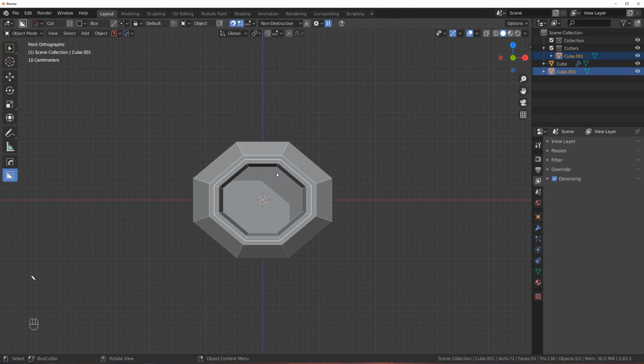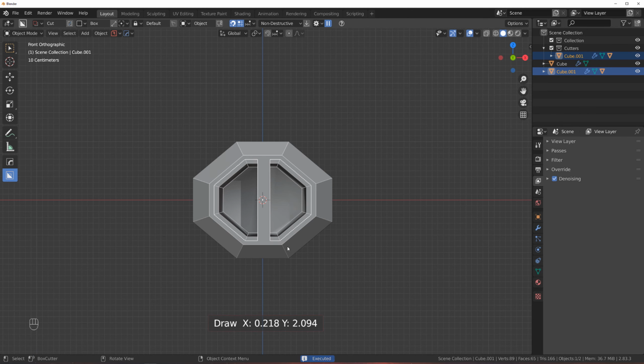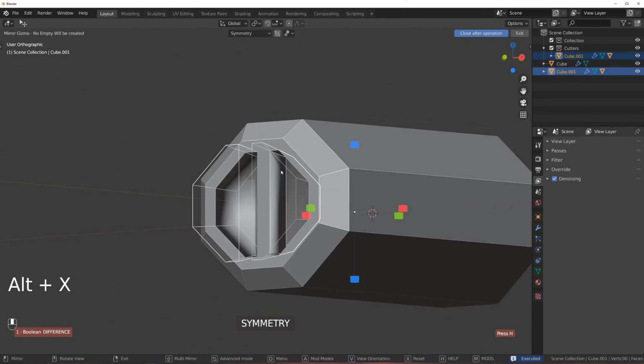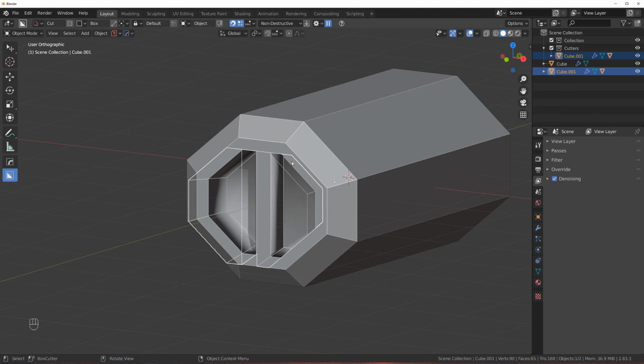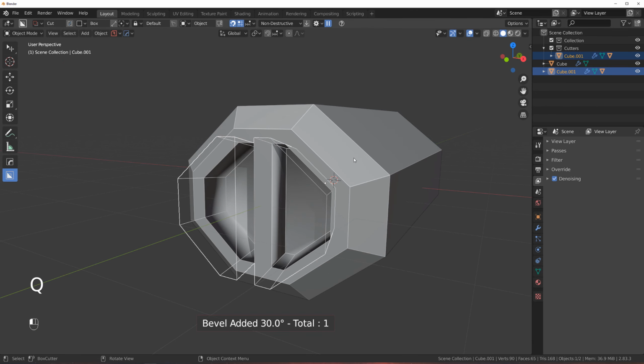And I want to cut it inside. Okay, so I'm gonna grab actually, yeah, let's do it with a box cutter. So we're just gonna slice it in half and we're gonna copy this to the other side so the cutter is actually symmetrical. At the same time, let's drop a bevel in here, but not on this one, on the main structure,